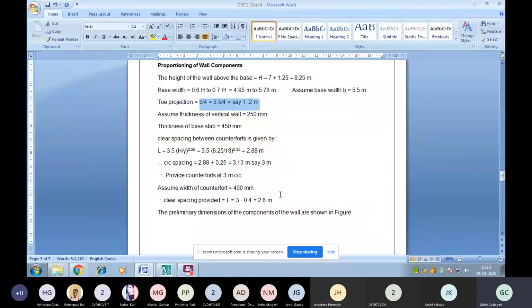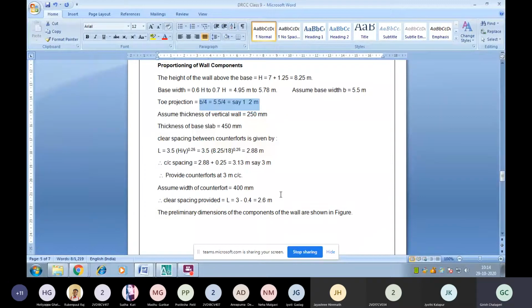Capital H is the total height, that is 8.25 meters, divided by density 18, raised to 0.25. When we solve this equation, the length between the counterforts we get is 2.88 meters. That is, the clear spacing between the counterforts will be 2.88 meters. Since the thickness of the stem is 0.25, the center to center spacing will be assumed as 3.13, say 3